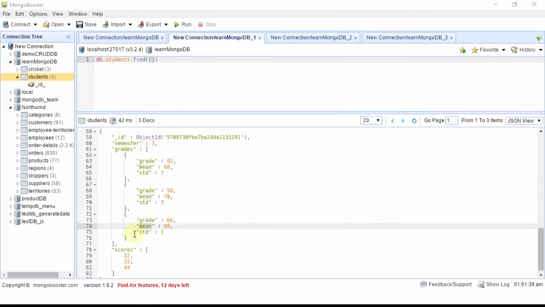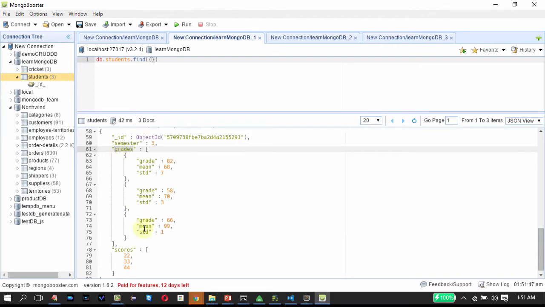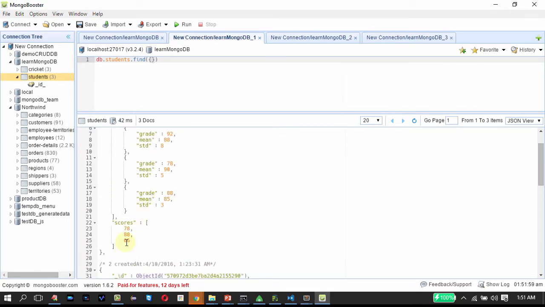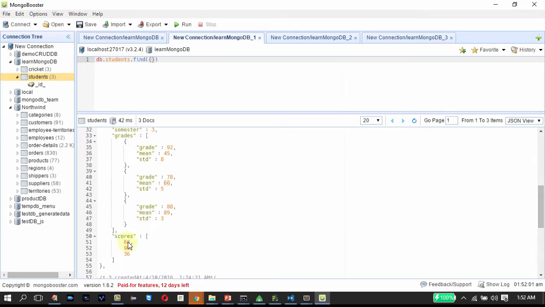Among these 3 documents, only one has a mean with value 99. So to select the same, it has to be like this. You need to select the grades first, then you need to go to the mean. Whereas for scores, we selected directly. We just typed scores equal to 66 previously and we got the value. This is the document which got selected previously.